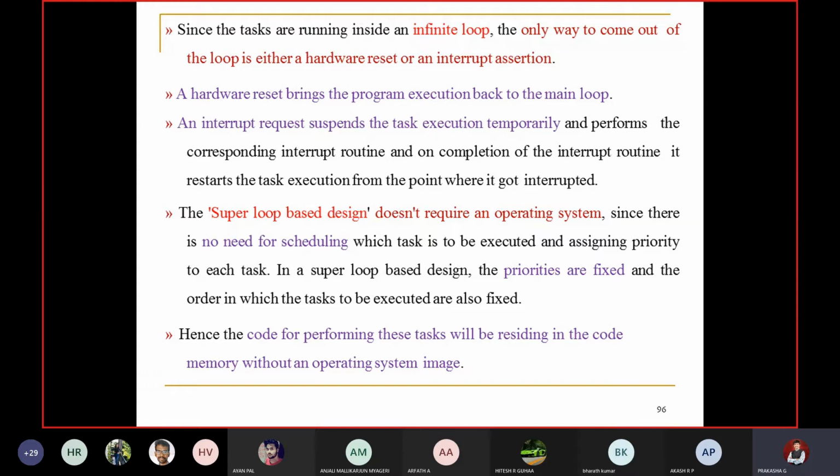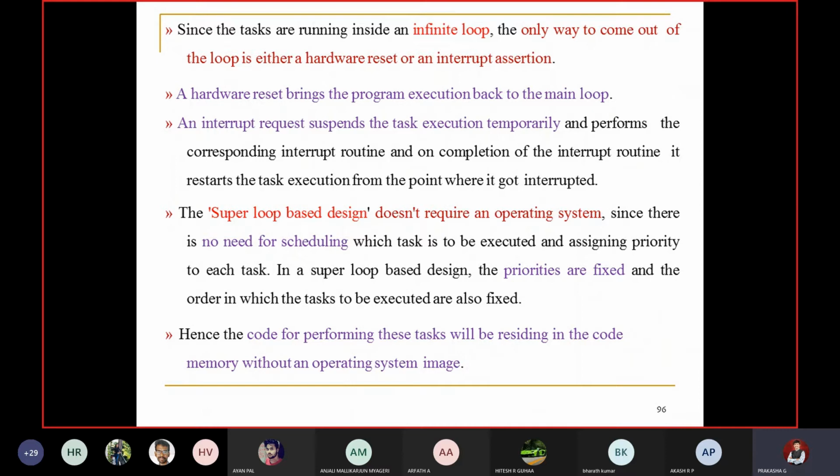The super loop based design doesn't require an operating system, since there is no need for scheduling which task is to be executed and assigning priority to each task. That is one of the very important features of the super loop model, because already we have defined it, there is no need for an operating system.